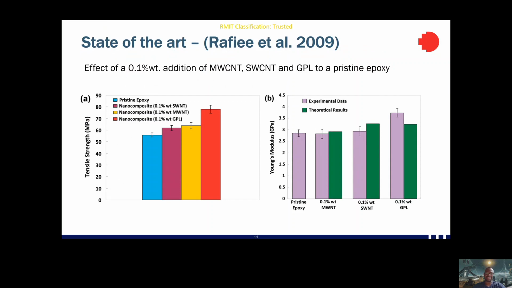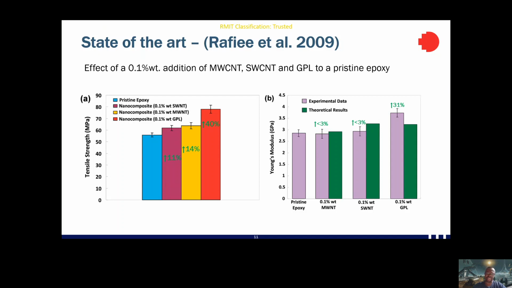So when it comes to the state of the art, one study aimed at determining how graphene reinforcement compares to that of carbon nanotube reinforcement. We can see from the first figure that only a 0.1% addition of graphene into a pristine epoxy improves its tensile strength by 40%, in comparison to 11% and 14% in the case of single-walled and multi-walled carbon nanotubes, respectively. In the second image, we can see that there's a 31% increase in the Young's modulus for the graphene-reinforced pristine